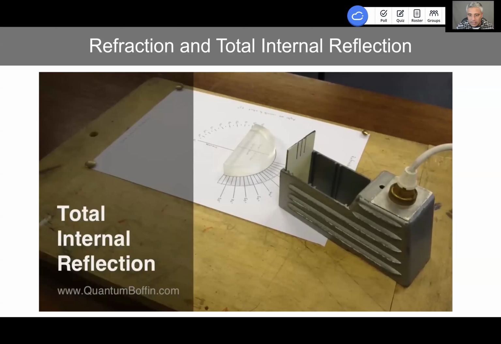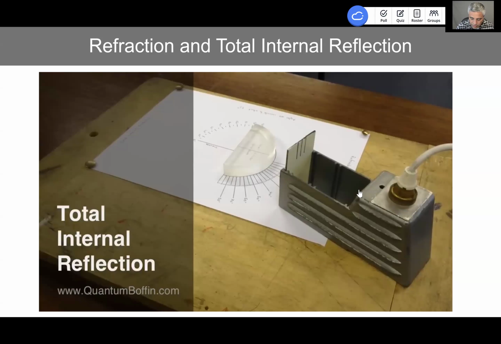So here you see this says total internal reflection in the heading, but it is also related to refraction. Total internal reflection is a special case of refraction. So in this video,